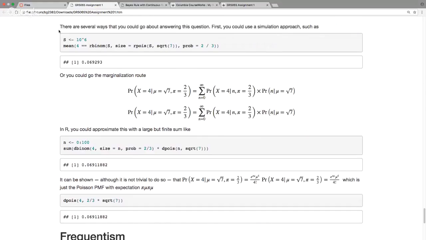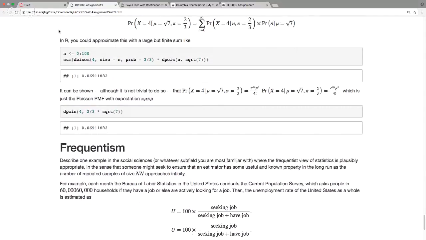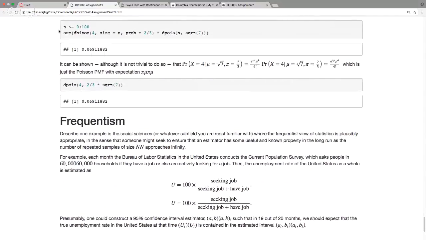sum that joint probability over n, you get something like 0.07. In principle, you could do some math that shows the marginal distribution is actually also going to be Poisson with expectation 2/3 times the square root of 7. 2/3 comes from the pi, square root of 7 comes from the mu. You obviously did not have to do that, but you would get out the same answer there. So that's just